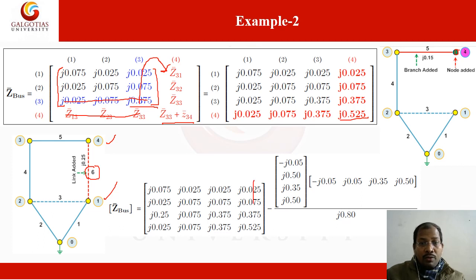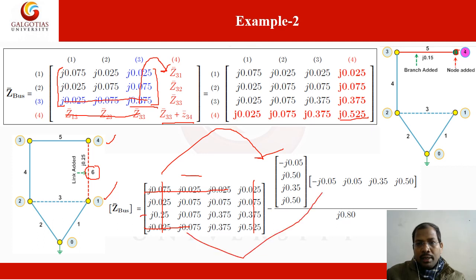So this column we can consider and this one. So we have to subtract between these two columns and write here. And we have to take these rows and these rows, subtract these rows and put here. So this is the column matrix, this the row matrix.